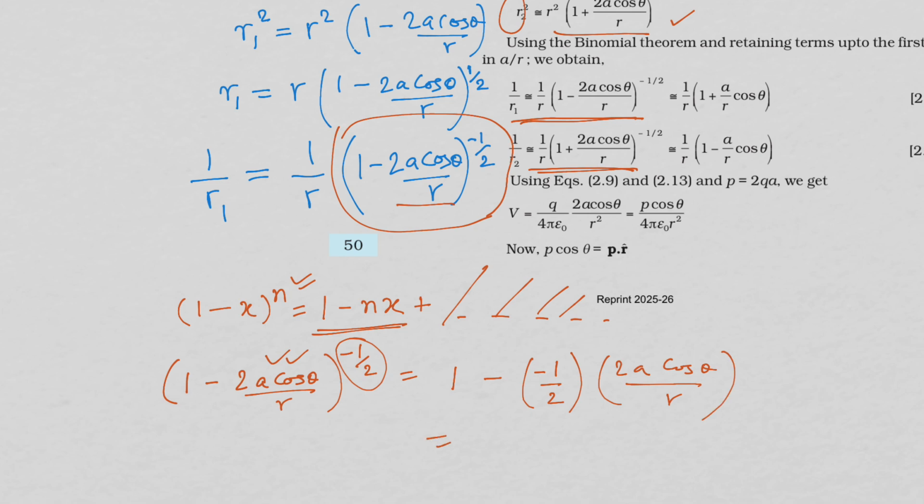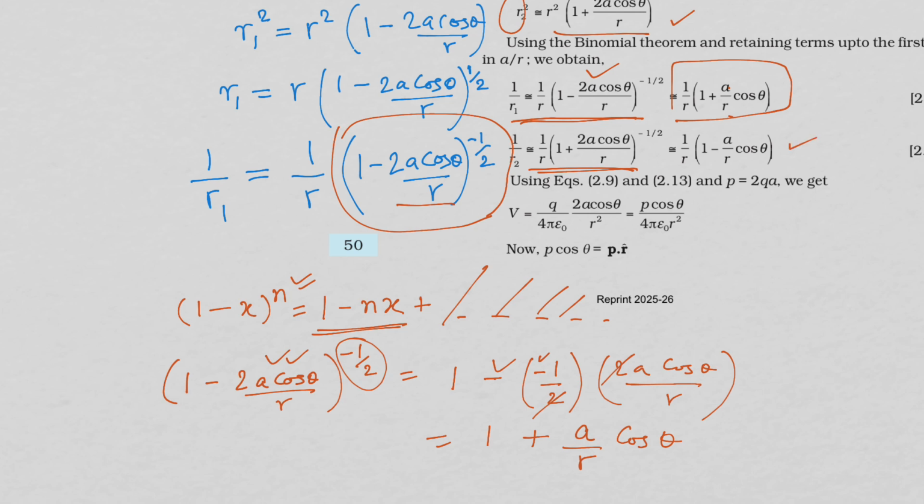And what do we see here? The minus sign here you can see will become plus, so 1 plus, and then also 2 can be cancelled, so it is 1 plus a by r cos theta, and this is what you can see on the right hand side. The term 1 minus 2a cos theta by r to the power minus 1 by 2 is now 1 plus a by r cos theta, and the same for the